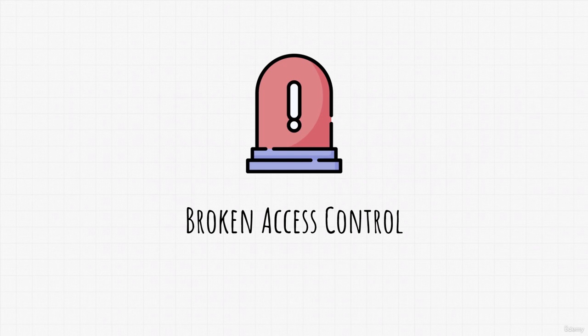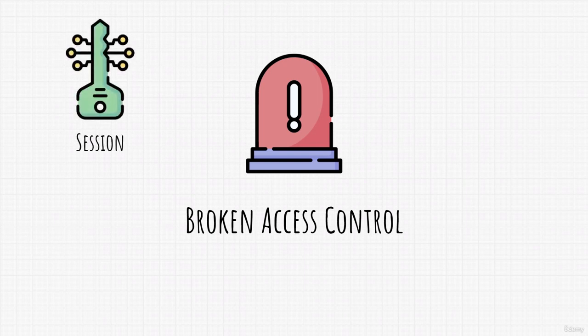Sometimes access control can be strictly tied to authorization and session. And in some cases, it might even be the exact same vulnerability as broken authentication, which we already covered. However, there is more to it than that. When we covered broken authentication, we mostly focused on breaking the session and the authentication of the user. Broken access control, on the other hand, can also target not only sessions, but for example, different files or directories